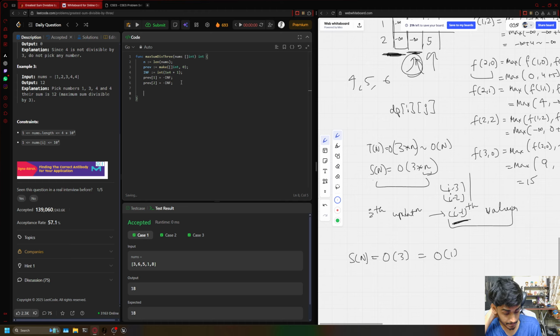Now I'll be updating my answers. So traversing over all the states: for i from 1, i less than or equal to n, i plus plus. Here I'll be calculating the modulus of my current element, which is nums of i minus 1 mod 3, and then I will be iterating over my modulus state, which is j from 0, j less than 3, j plus plus,